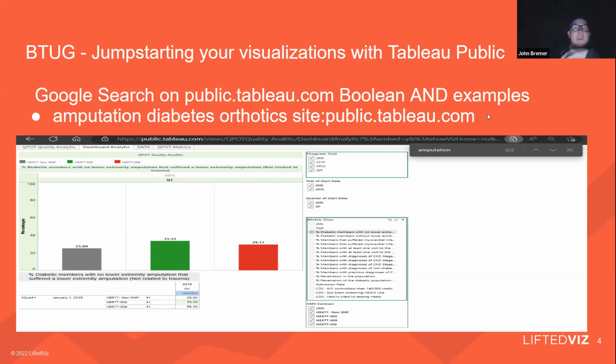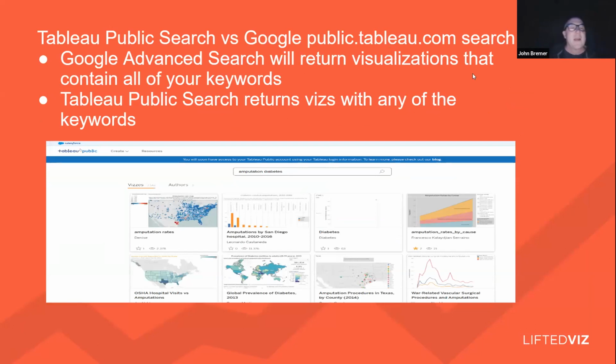So that'll search on Tableau Public, and then you'll get results back that are true Boolean anded. So all three of those terms are going to appear in the vises that you get hits on. So that's another way that you can use Google to search in Tableau Public and take advantage of all of Google's advanced search things. And remember, Google's advanced search, you go over to the little wheel on the right, and you can click and get into the advanced search page, and you have all kinds of options, including what domain